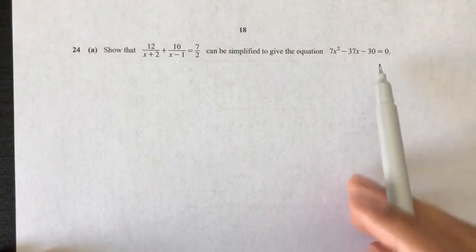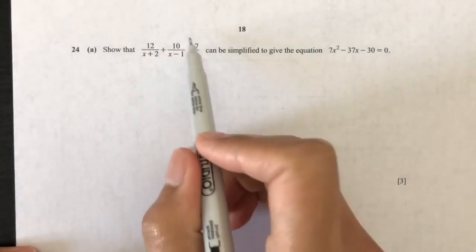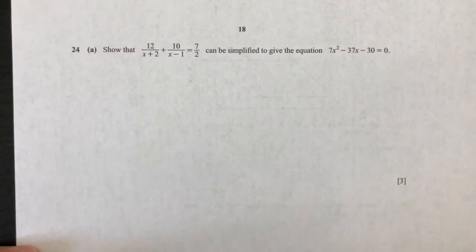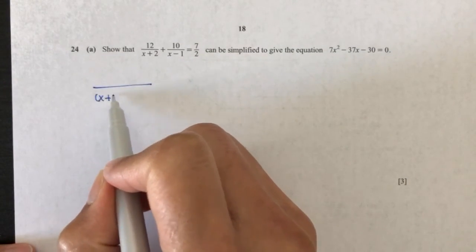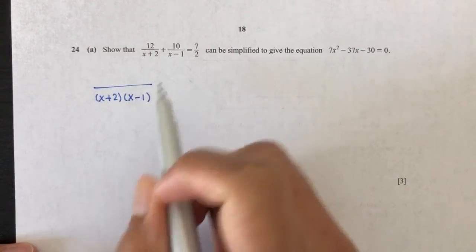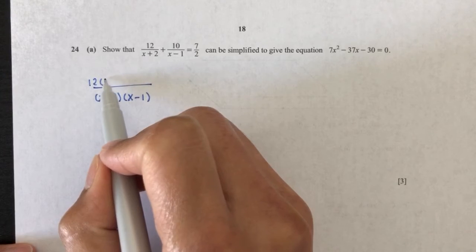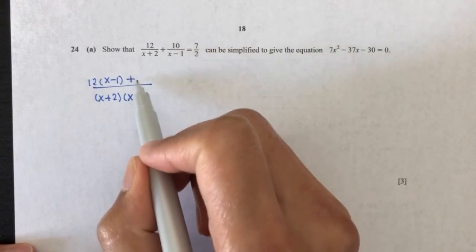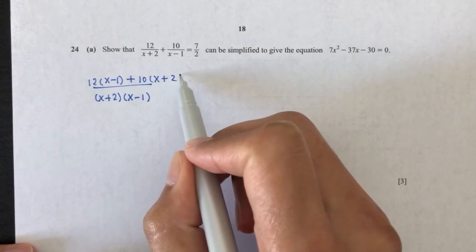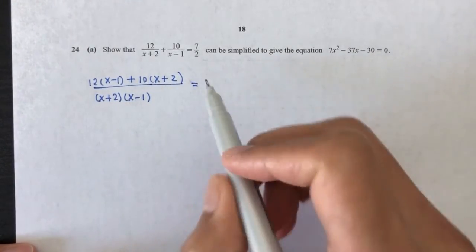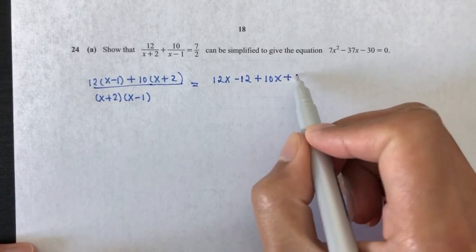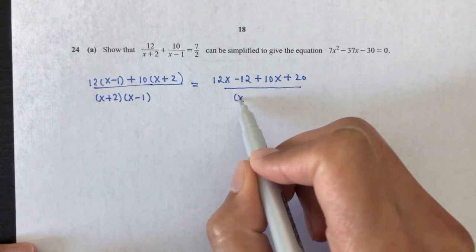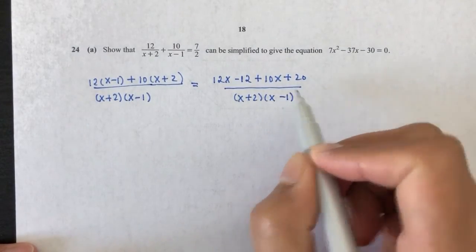Question number 24, part A. Show that this fraction is equal to this equation. It's pretty easy. Let's first look at the left hand side. We have to find the LCM first, which means multiplying those two together. We have x plus 2, x minus 1. Then we cross multiply. We have 12 times x minus 1 plus 10 times x plus 2. Let's simplify that first. We have 12x minus 12 plus 10x plus 20 divided by x plus 2, x minus 1,